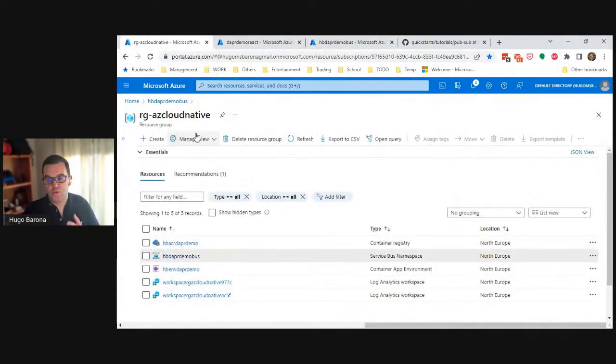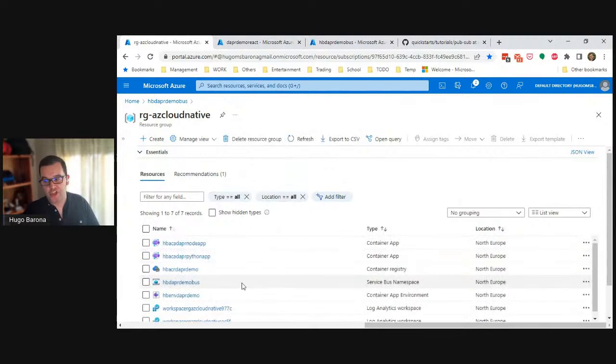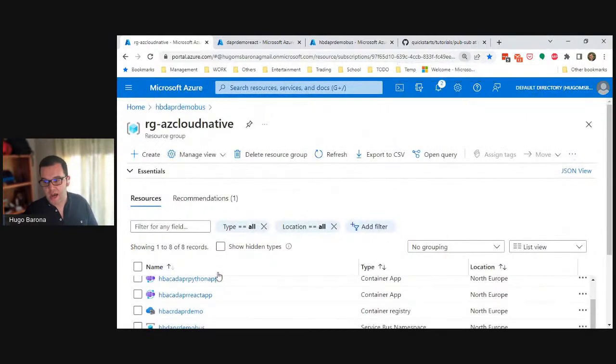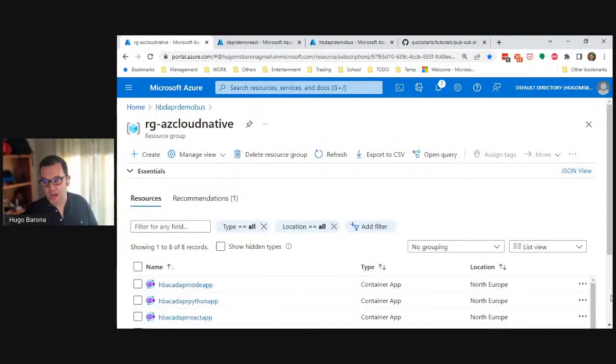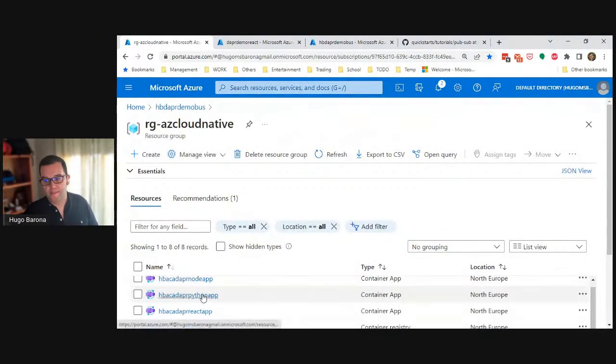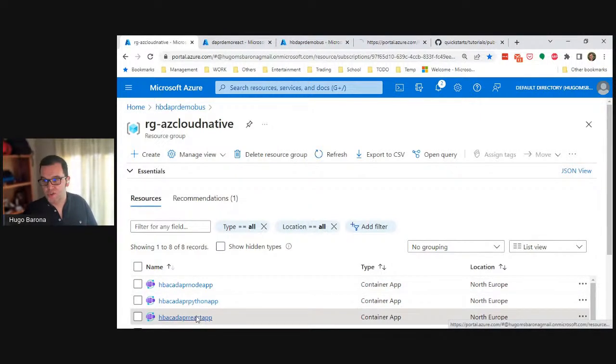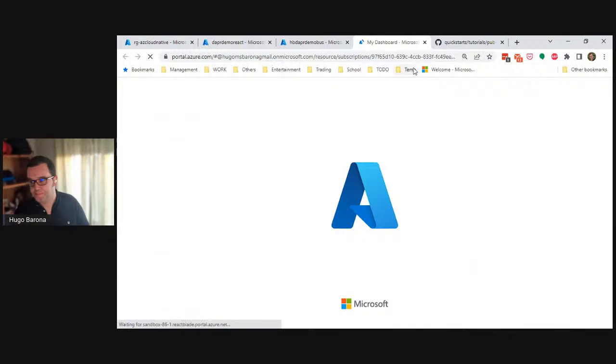All right, so if I go back to my resource group and refresh this, as you can see here, now I have my three apps. I have my Node app, my Python app, and my React app, all running well. So if I just go to my React app,